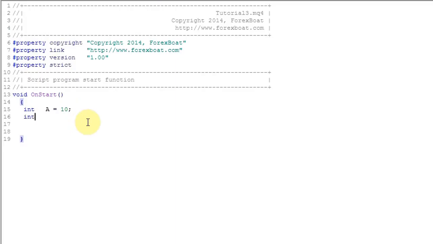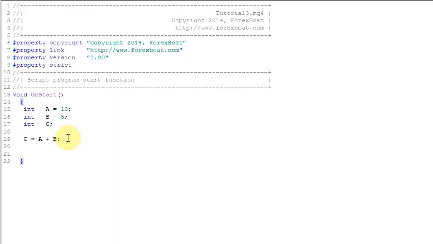Now let's create another one, and we'll call it b, give it a value of 5, and another one which we'll call c, but we won't give it any value, so we'll just create variable c. Now what we want to do is add a plus b and put the result into c. It's quite intuitive how to do that. We type in c equals a plus b, and at this stage this is an expression,